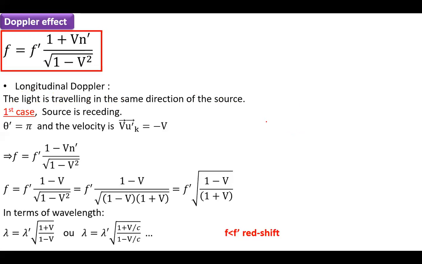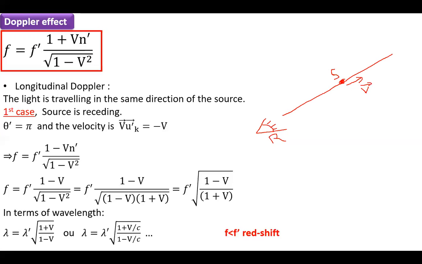So you have your observer, the rest frame R, observing a source of light S along a certain direction. And if the source is mobile with a velocity v,